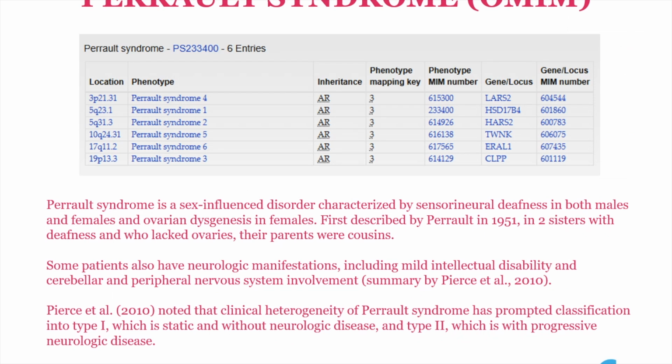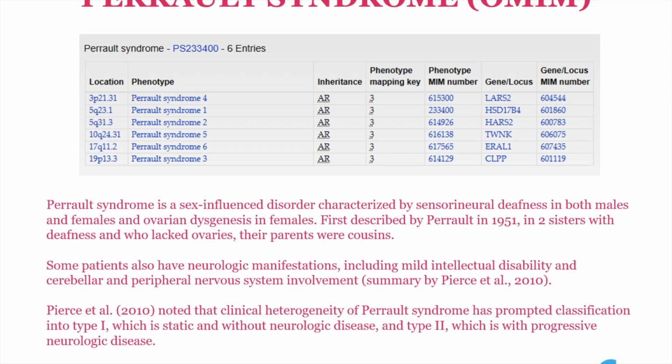Okay, Perrault syndrome, I told you there are two causes of that in this family of mitochondrial ARSs, LARS2 and HARS2. But look, there are other non-mitochondrial causes as well. So there are 6 forms of Perrault syndrome. So what is Perrault syndrome? Perrault syndrome is, according to OMIM, the Online Mendelian Inheritance in Man website, a sex-influenced disorder characterized by sensorineural deafness in both males and females and ovarian dysgenesis in females. This was first described by Perrault in 1951 in 2 sisters who had deafness, and they lacked ovaries, and their